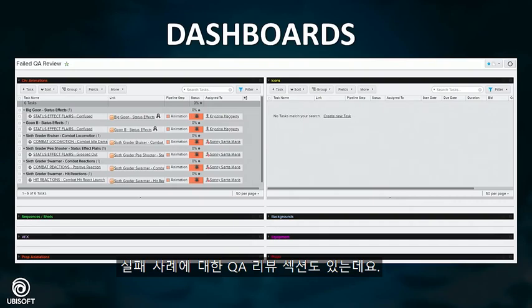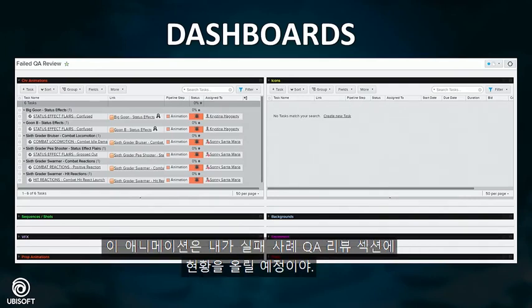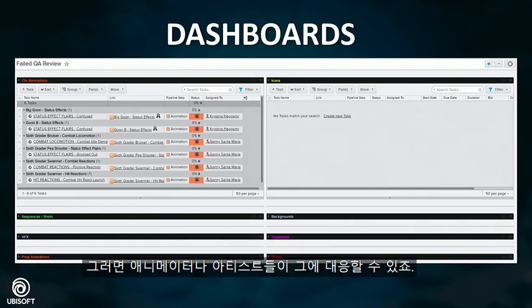All right, we also have the failed QA review. This is something that we wanted to get our QA team involved in, so it's not just JIRAs and bugs that we're getting, which may be vague, and we don't really know what exactly happened if we don't have a recording or a screenshot of the issue that occurred. But we can at least have our QA team come in and say, I know it was this animation, I'm going to flip the status to failed QA review, and then that animator or that artist can go in and say,